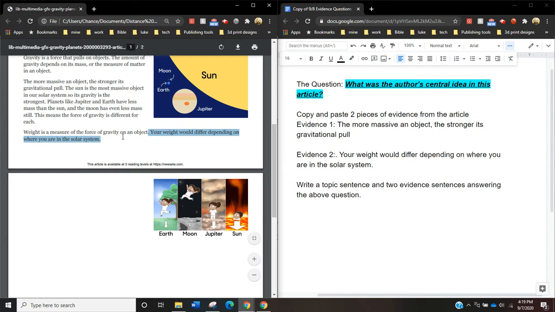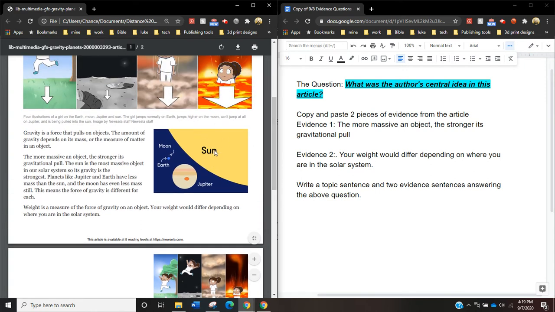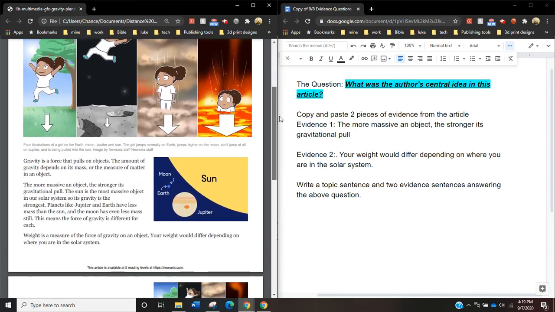So this article, even though it's short, it's just saying that, oh, look at that picture too. So the sun is huge, and that's why it's got so much gravity. And Jupiter is big, and Earth is kind of small. I mean, Earth's small compared to Jupiter, and Jupiter's tiny compared to the sun. And there's the moon, which is that tiny little speck. Okay, so this article is talking about that gravity affects people differently depending where they are. So, because we're going to have different masses, we're going to have different amounts of gravity. And that's where I get these two evidence sentences. I'm just going to highlight them yellow right now just to make sure that I'm thinking in terms of evidence.